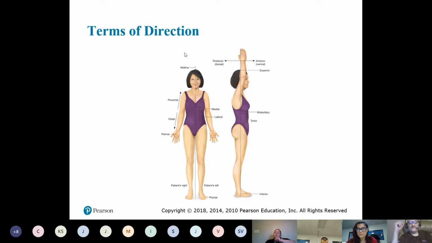Where was I? Proximal. So for proximal, I like to think about proximity. What's proximity? Closeness. Yeah, being close. So my mouse is in proximity to my hand, so I could chuck it across the room because I forgot to start recording. So I apologize for you guys, but it was easy stuff. So proximal, proximity. So proximity to that point of attachment.